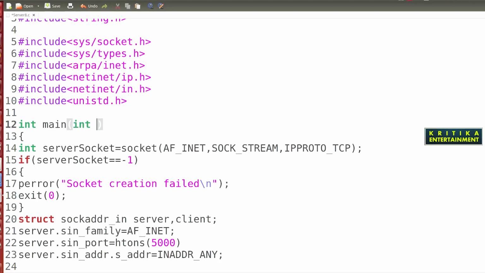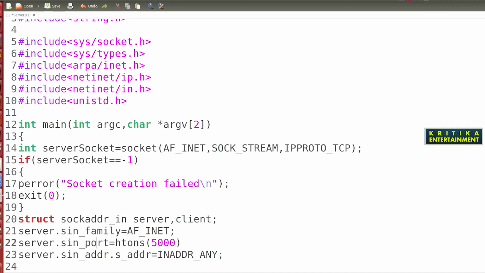So int argc, argument count, then char argv, argument vector, and here write 2.